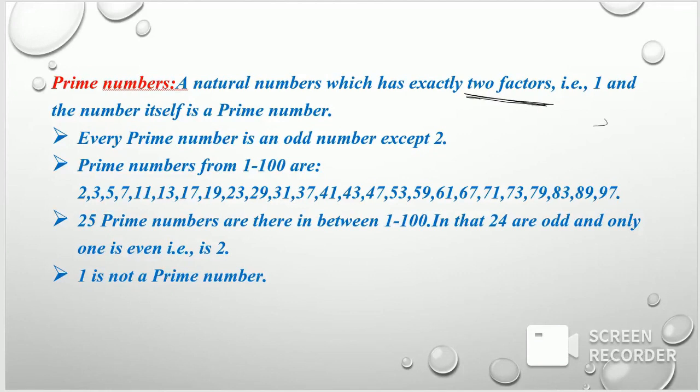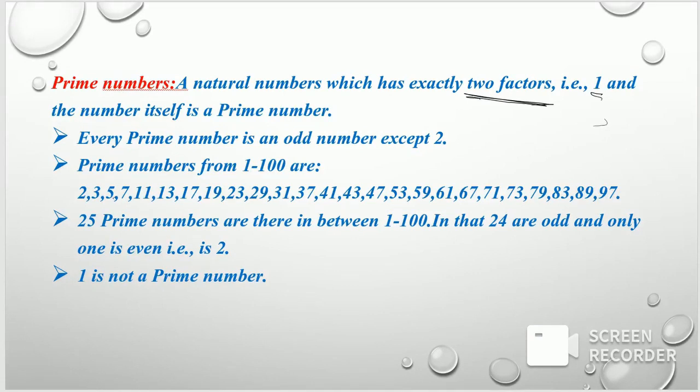That is, a number that has factors 1 and itself is a prime number. Some important points about prime numbers: every prime number is an odd number except 2. The prime numbers from 1 to 100 are 2, 3, 5, 7, 11, 13, 17, 19, 23, 29,